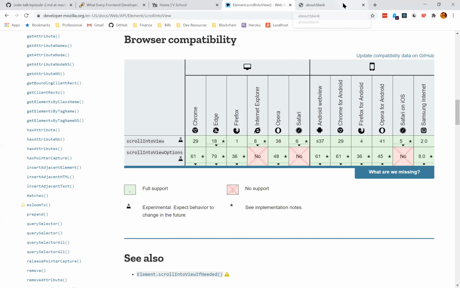In the chat, C said, this is great, informative. Does Vschool offer webinars like this for the UX UI side of things? As far as I know, I don't think so. This is just a thing that I decided to do because I like teaching and I miss it, and I don't get to do it at my job very much.